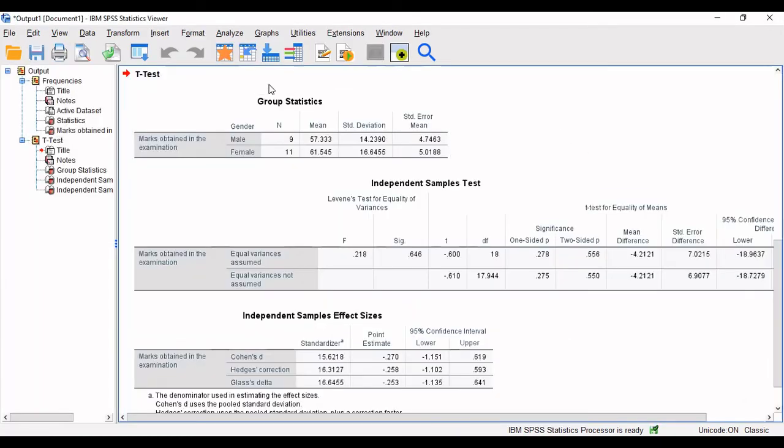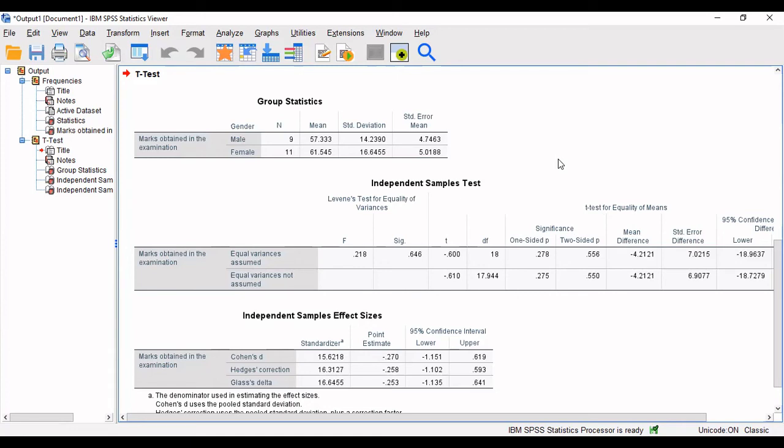So in this output window, you can see our descriptive statistics is given where the marks obtained in the examination is given, like males are 9, females are 11, and the mean separately for both of them, standard deviation and standard error of mean. So in the second table, you can see independent sample t-test.